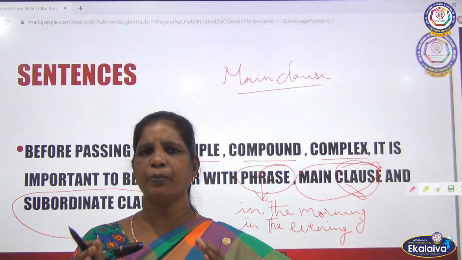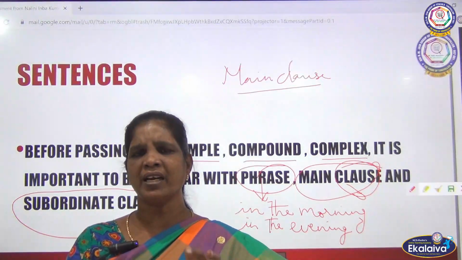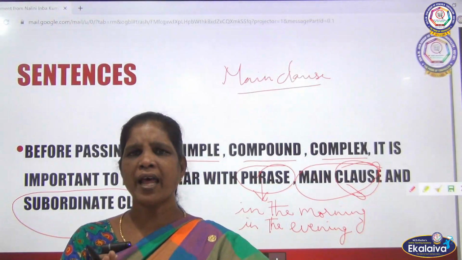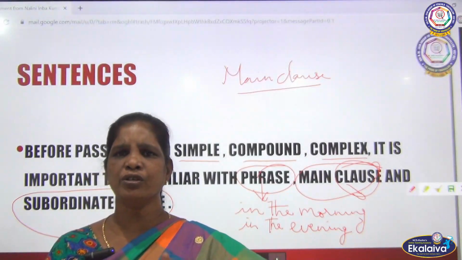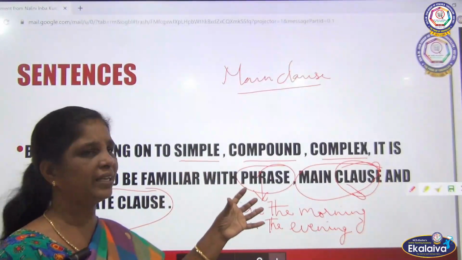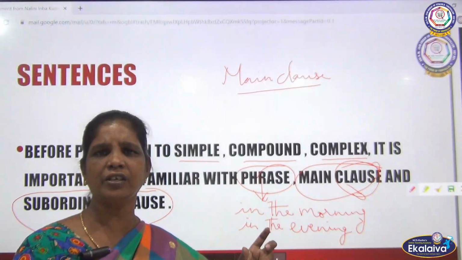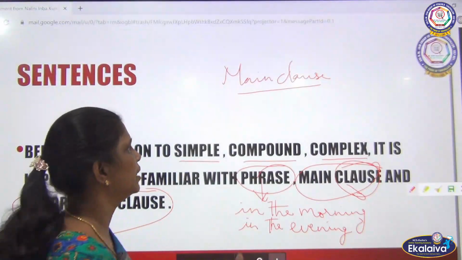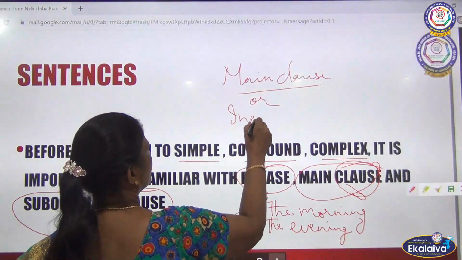Whatever he decides, suppose he decides to get a TV, he can get it. If he decides not to get it, even if money is there, he will not get it. So the main person in your family is the father. He is the decision maker in the family. In the same way, he can stand on his own and independently he can decide. Like that, a main clause can stand on its own. It will not depend on anything. Then it is called a main clause or independent clause.